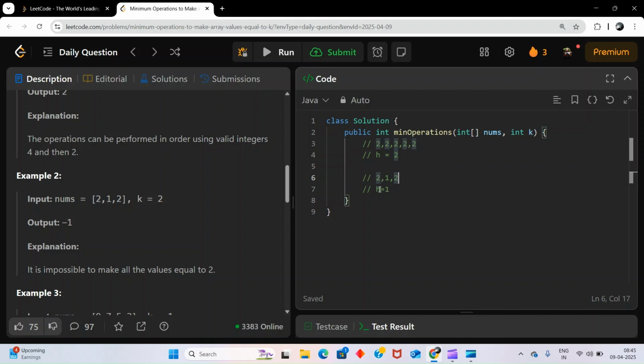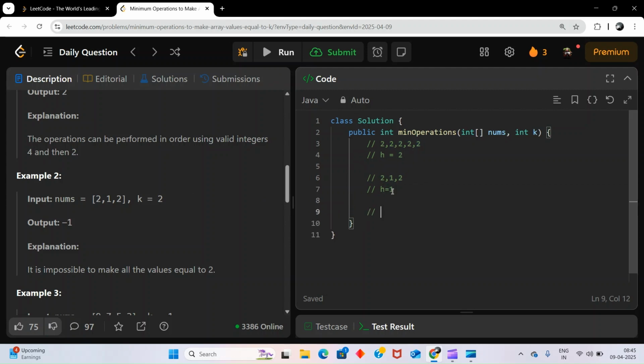Again, we don't want to equalize this 2 as 1 because we want 2 only. So the first condition is, if any number in an array is less than k, then it is not possible, so we will return minus 1. Okay, this is one condition we got.